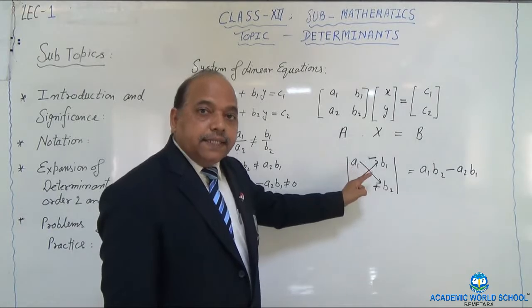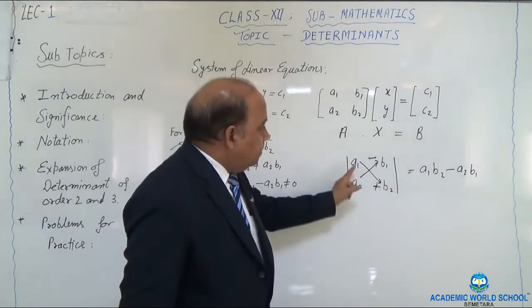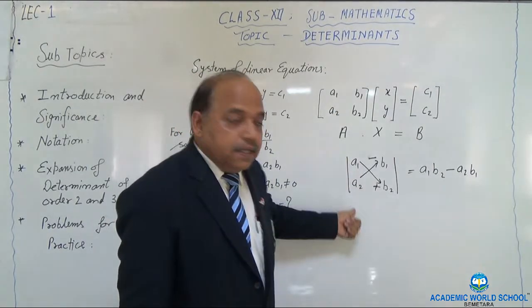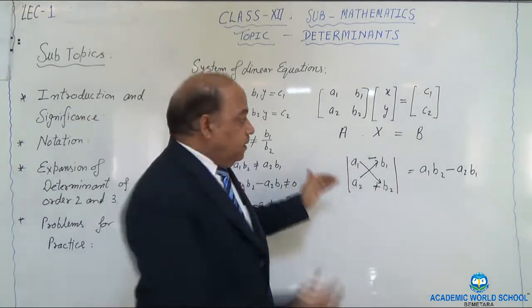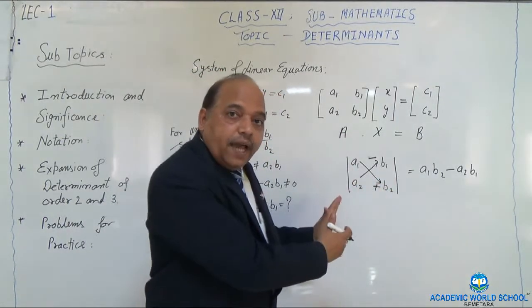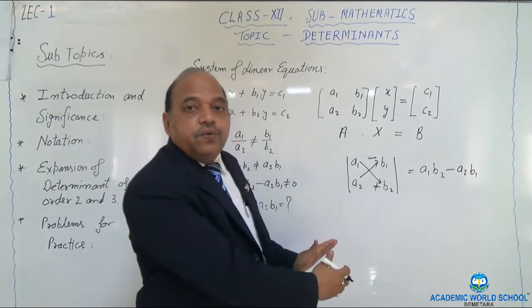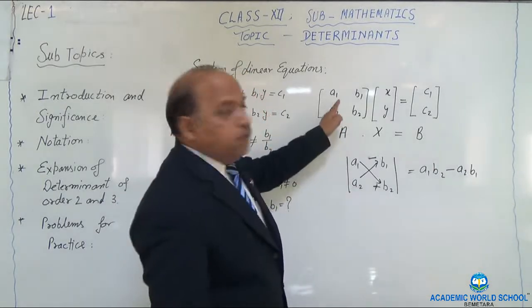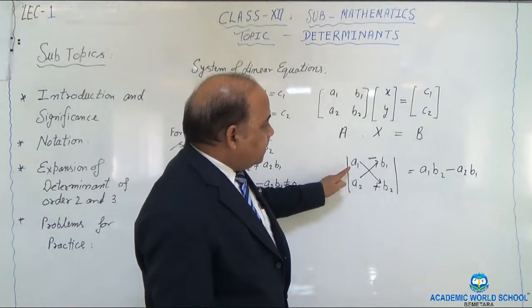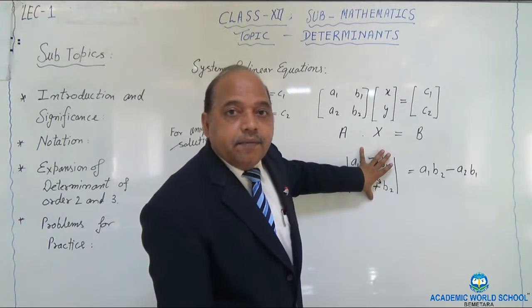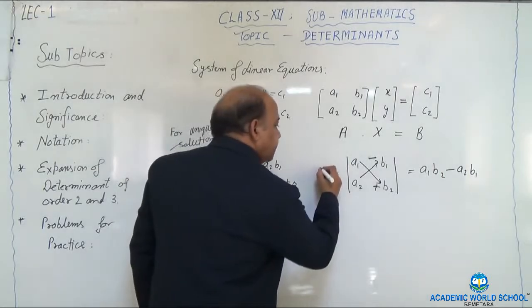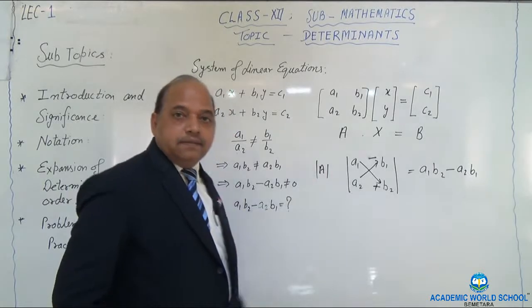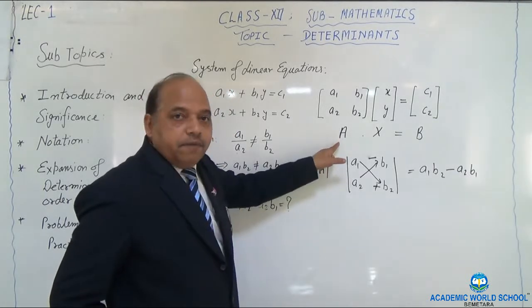The arrangement of coefficients is arranged in such a manner that you are directly taking it from the square matrix, but it is not a square matrix. This is a new system we are defining. The arrangement of these numbers in this square form written between two parallel lines stands for the determinant corresponding to matrix A. Please see that this stands for determinant A. And how do we represent it? We represent it by writing numbers between parallel lines. So what is A? A is nothing but a square matrix.